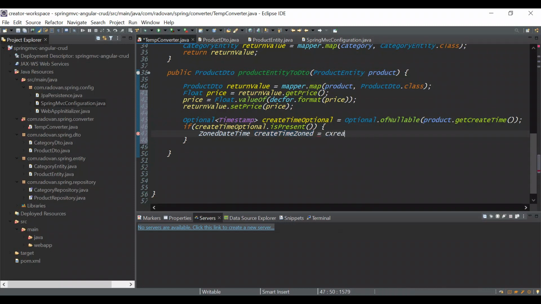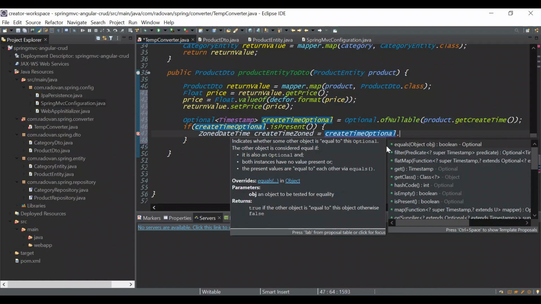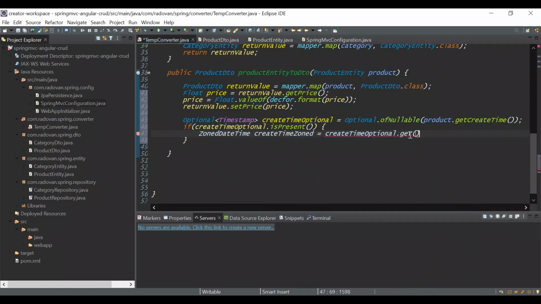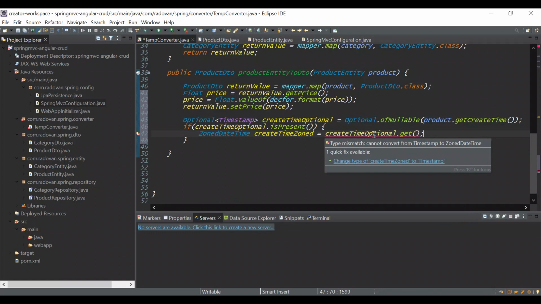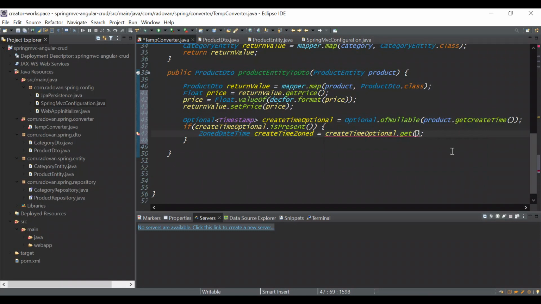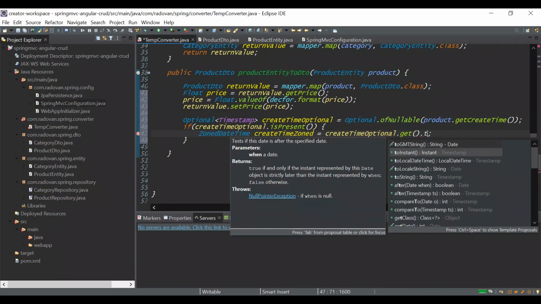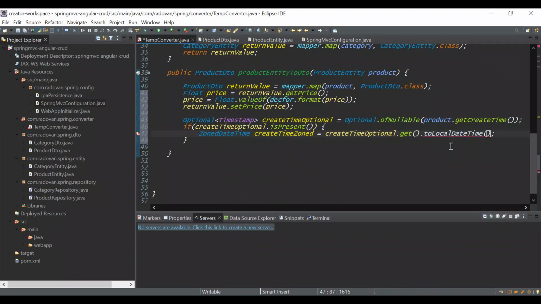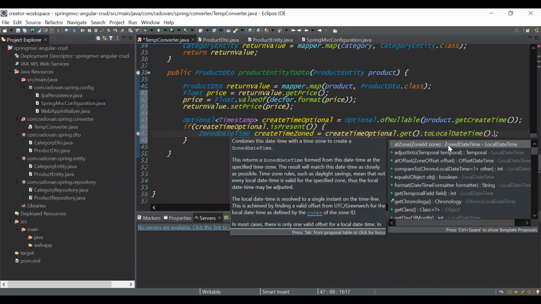It will be create time optional, which is optional of timestamp, and get. Now it's a timestamp. Of course, we cannot convert zoned date time from timestamp. We need to convert it to local date time,